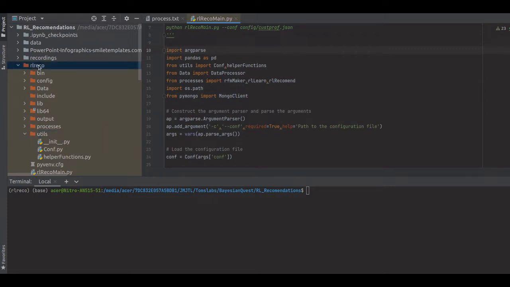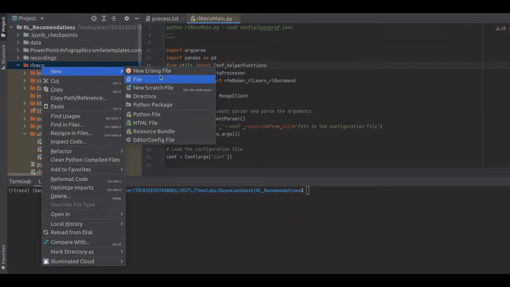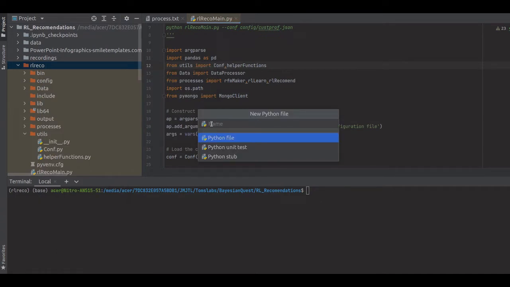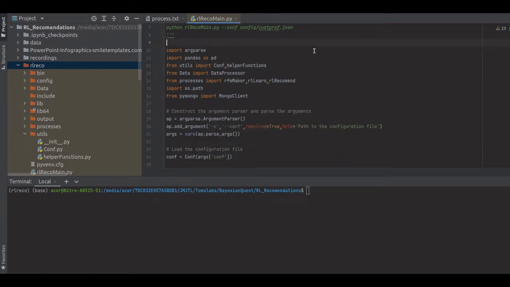For making the script in PyCharm, you can just right click on the folder here, and then select a Python file. Then you can name it rlreco main.py. So that's a way of creating a new file. Since I've already created it, I'll not create another one, but you can, and then